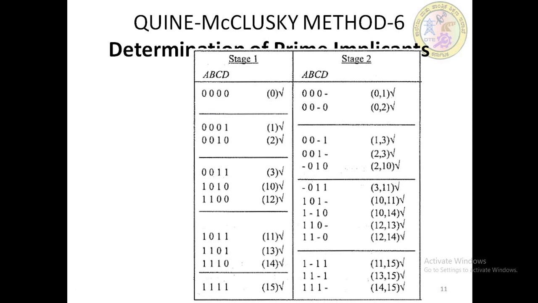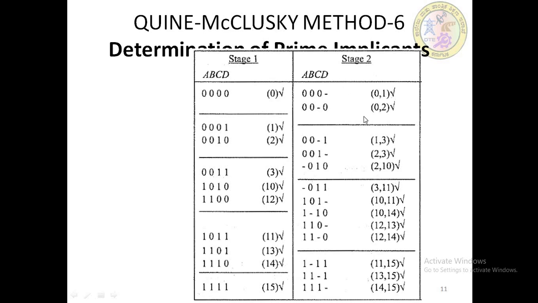I have already explained in the previous slide, if we compare these two, we will mark it like 0, 1. These three are the same, only one bit changes. We will note it down. Similarly here, only this bit is changed, so we will mark it here. Now we compare 1 and 3. As I said previously, if there is more than one bit change, we are not considering it. You can see we have not considered the 1 and 10 combination because we have more than one bit change, and the same applies to the other combinations. You need to be very careful with this.